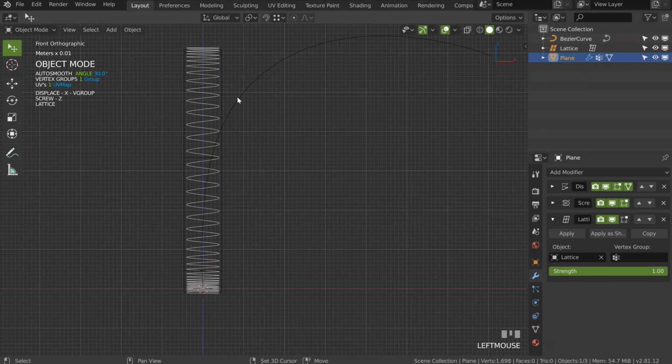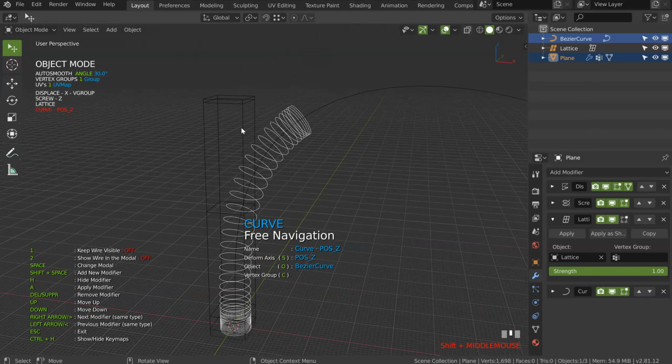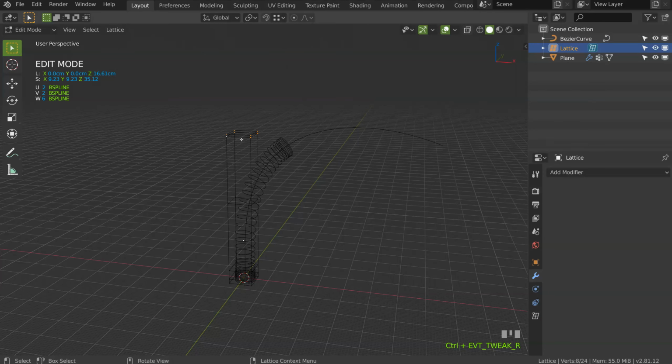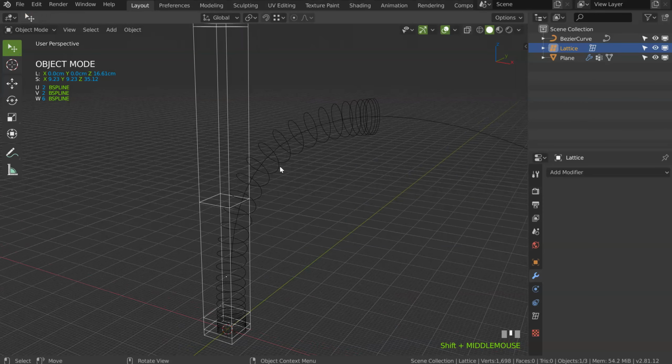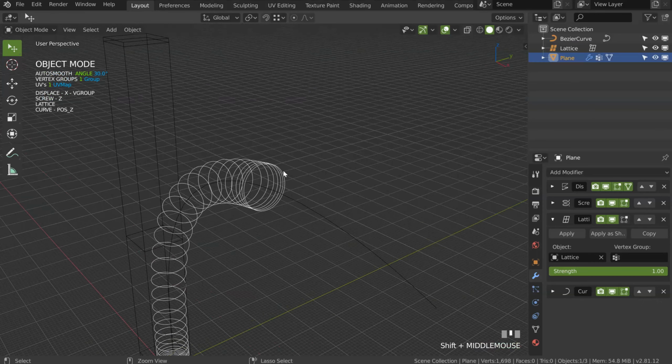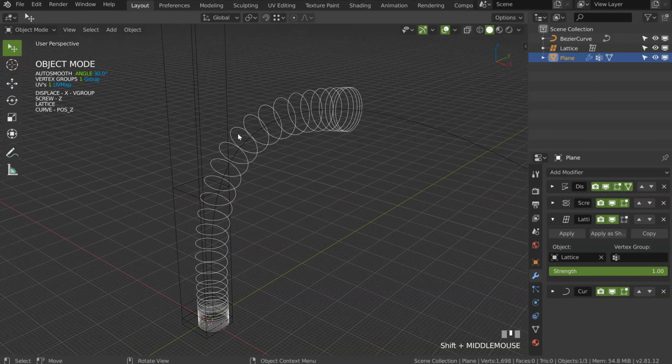like that. So if I take this one, and I add a curve, I will press S to change the direction, and that will follow. If I edit my lattice, let's see if I take this one, as you can see, that will also follow. So this is pretty nice. So right now, you have two possibilities if you want to add some thickness on this object, because this is not a curve, this is a polygon. So it could be really nice to have the possibility of a modifier to convert from polygon to curve, and maybe curve to polygon, etc. So maybe later, but it could be nice.